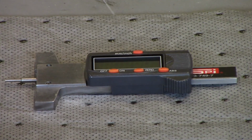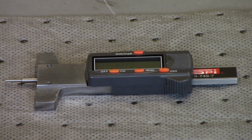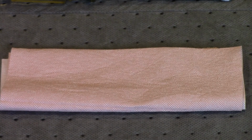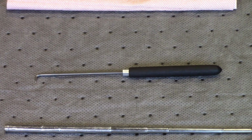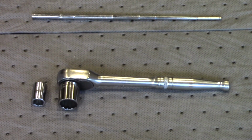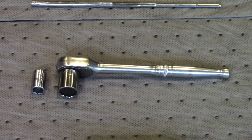required. Prior to starting the checks and services, you will need the following tools and supplies: a digital depth gauge, a flathead screwdriver, a Phillips head screwdriver, a shop rag or two, a right-angled pick tool, a telescoping magnet, an 11/16" socket and a 7/16" socket,